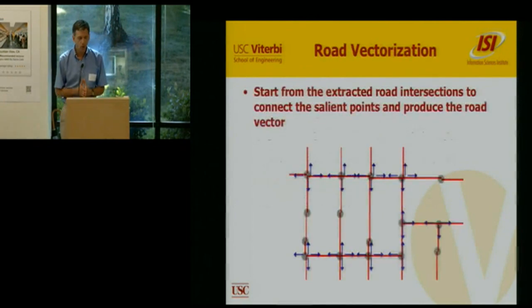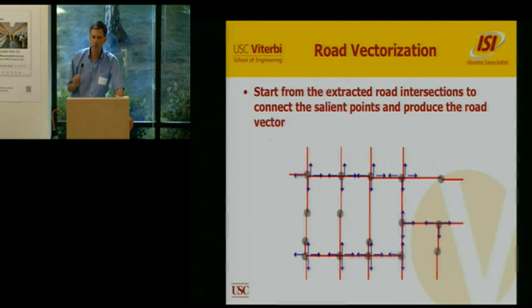Okay, so the first one of these is the road layer. Really what we would like to end up with is not just a raster layer that shows the roads, but to actually build the road vectors. And I mentioned earlier that the fact that we have very accurate intersection information really helps us in doing this vectorization process. Because the most accurate way to do the vectorization is instead of just taking the map and trying to vectorize it,